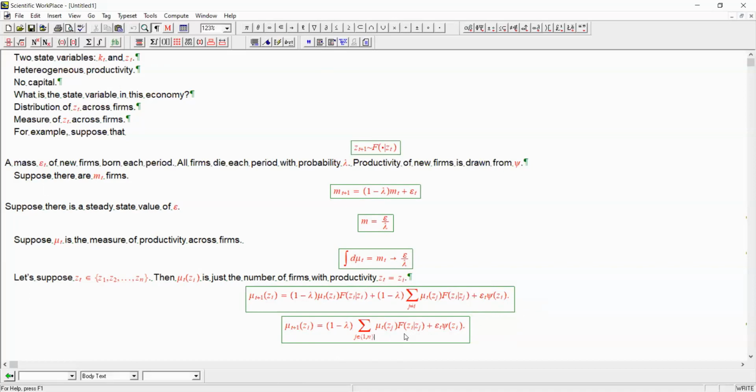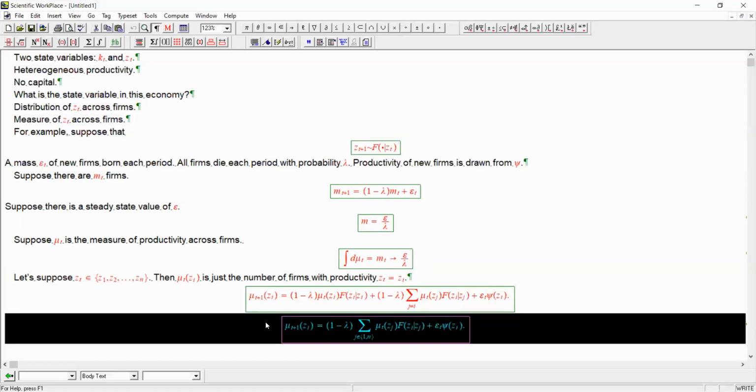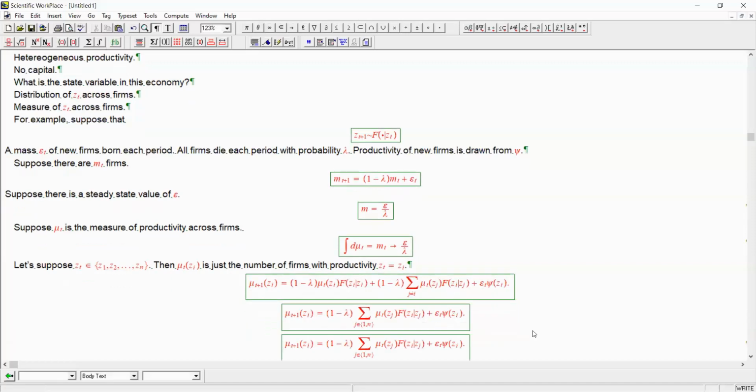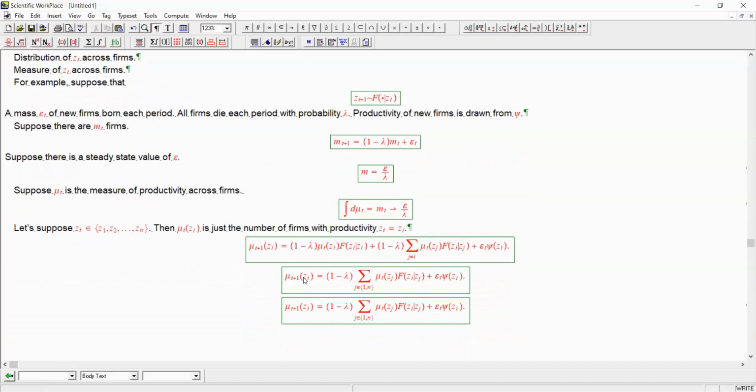Now, if we had a continuous measure, in other words, z is drawn from a continuum of possible values, then things would be different. In that case, we can't say anything about the probability of any particular value or the measure of any particular value of z because it's going to be 0 because it's continuous. So instead, what we have to do is the following. First, we'll start by showing an analogous way of thinking about the measure in the case of finite values of z